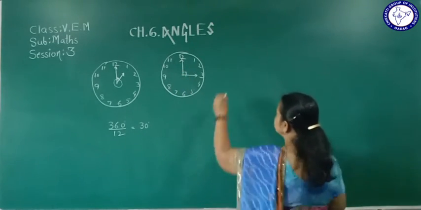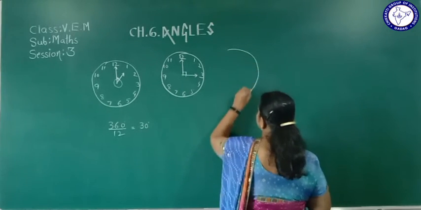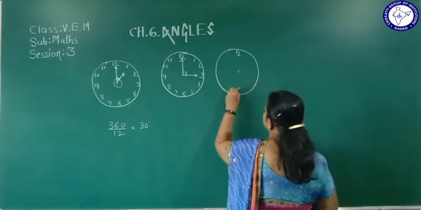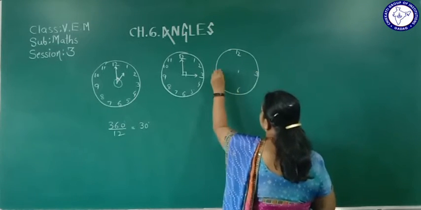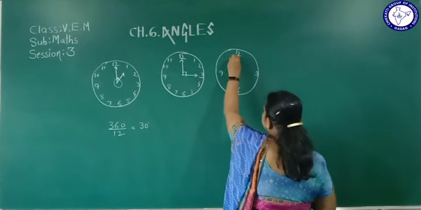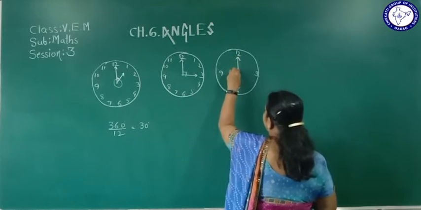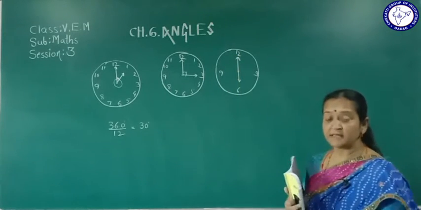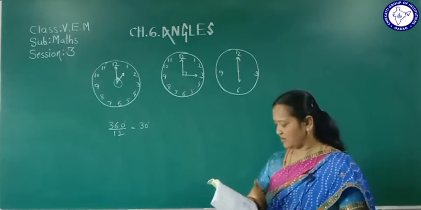Now if it is 6 o'clock, here is 12. If it is 6 o'clock, then our hour hand is at 6 and it is a straight angle. Okay, now